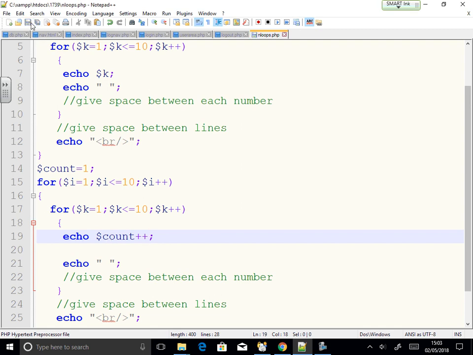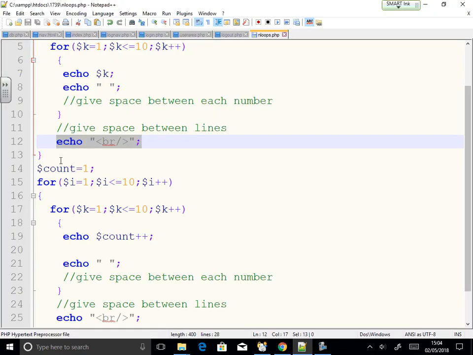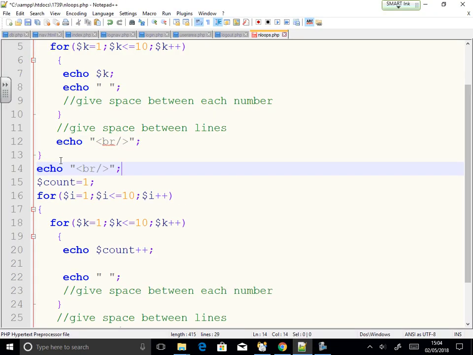So what happens is, I don't want to display the loop basically. I don't want to display what the loop is. But then in this case,